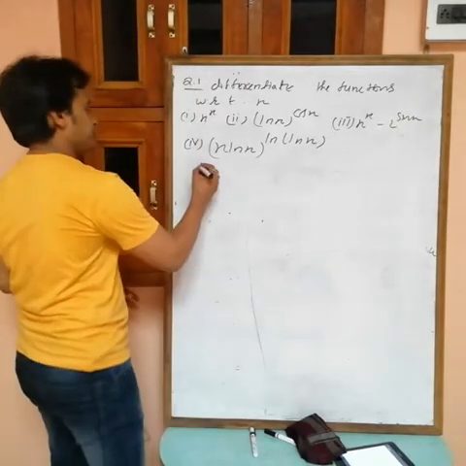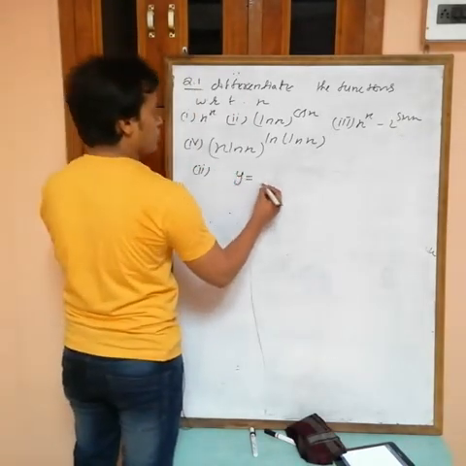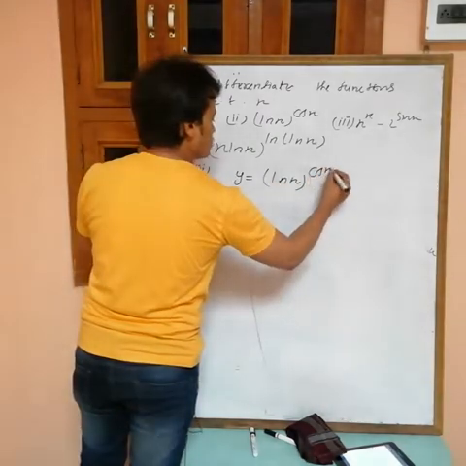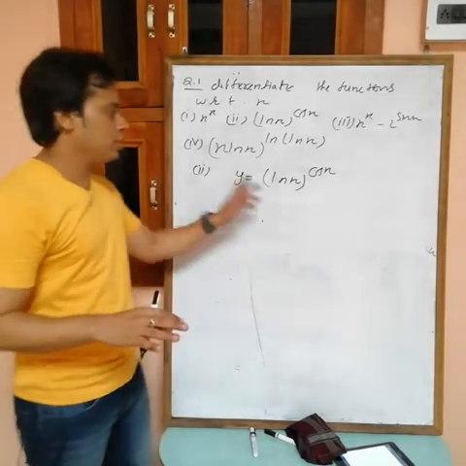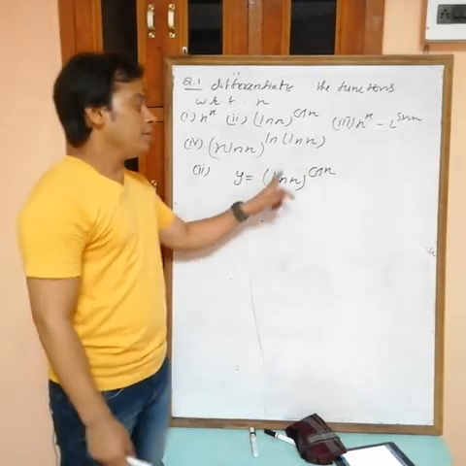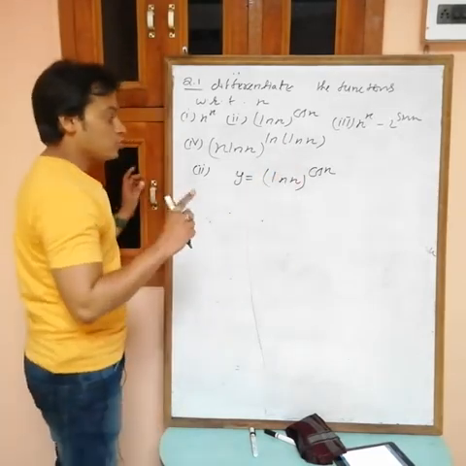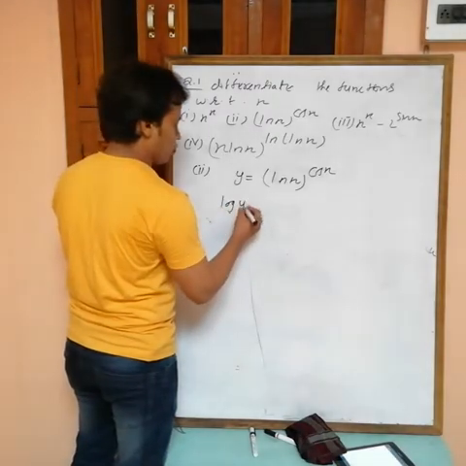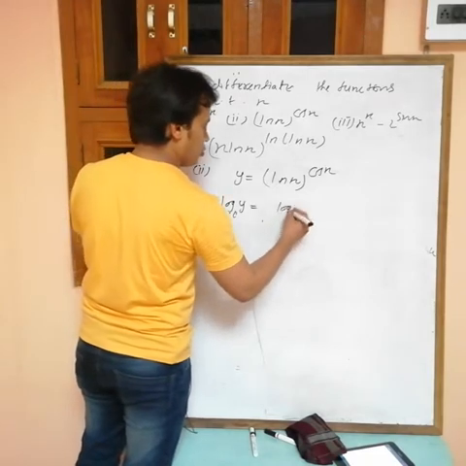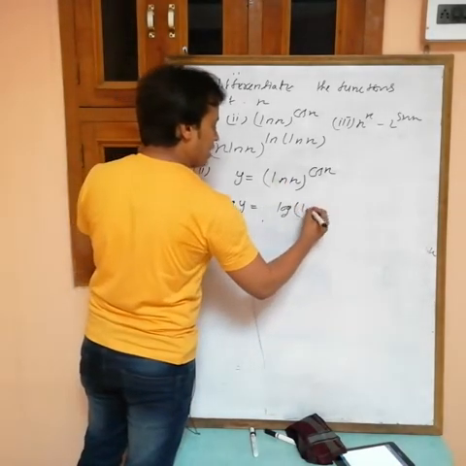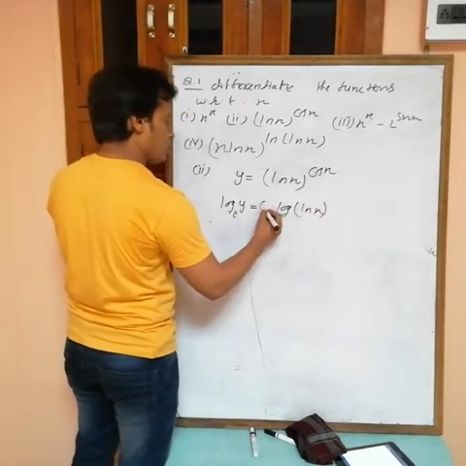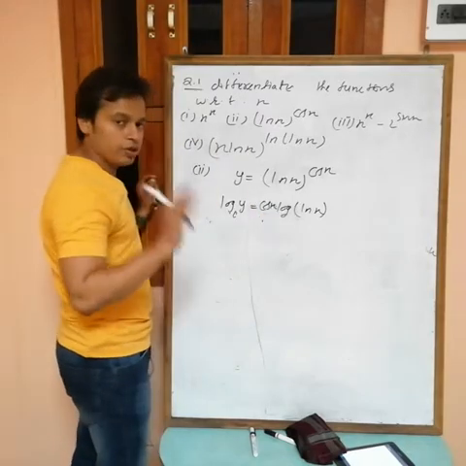Now the second one. In the second one, I am assuming y equals (ln x) power cos x, where the base is e. Now you want the differentiation of this one. Again, this is function power function, and both are differentiable. Anytime you have function power function form, first we have to take logarithm. Take log y with base e. If you take log, then log of (ln x) power cos x, this power can be written as a product. Now again differentiate.